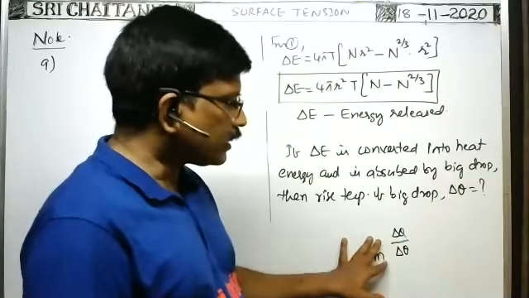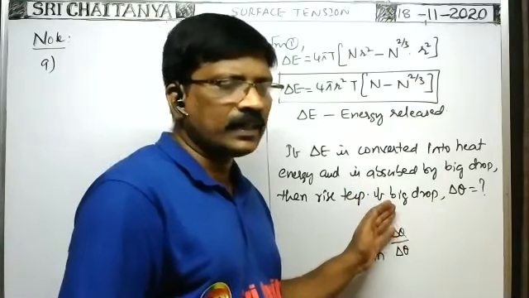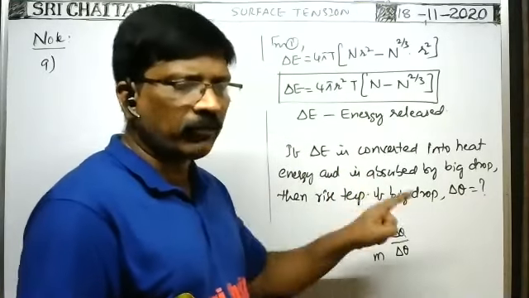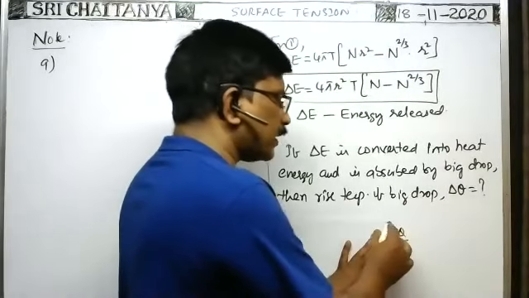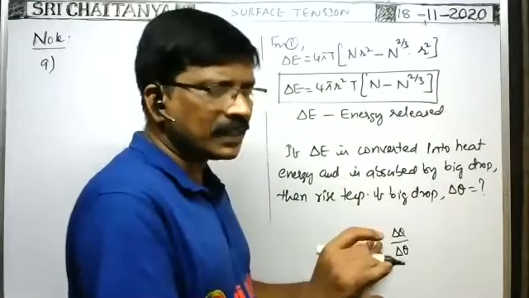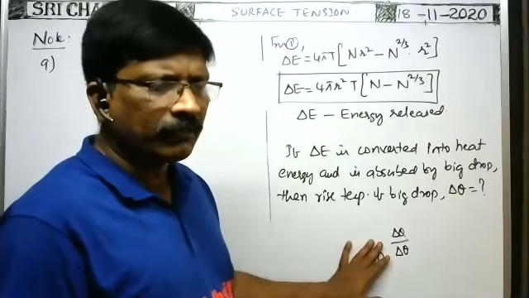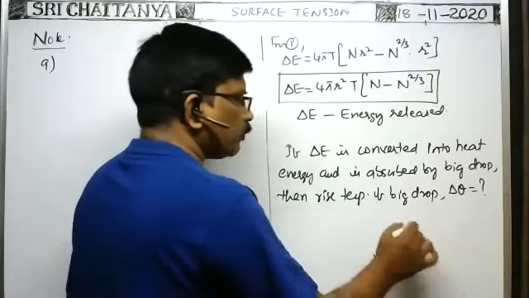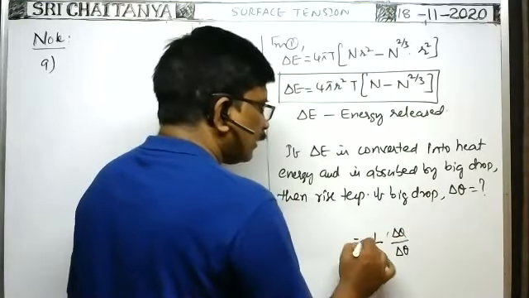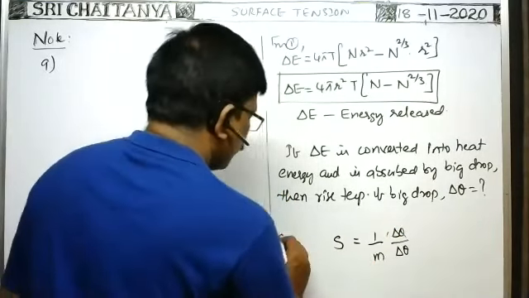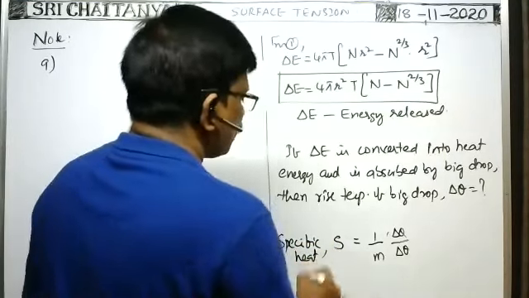అంటే m మాస్ కల సబ్స్టెన్స్ యొక్క టెంపరేచర్ 1 డిగ్రీ పెంచడానికి ఎంత హీట్ ఎనర్జీ కావాలి? వాట్ ఇస్ ద హీట్ ఎనర్జీ రిక్వైర్డ్ టు రైజ్ ద టెంపరేచర్ ఆఫ్ యూనిట్ మాస్ ఆఫ్ ది సబ్స్టెన్స్ బై 1 డిగ్రీ? అంటే దీని మాస్ తో డివైడ్ చేయండి. అంటే this by m, we can write 1 by m into delta Q by delta T. That is the definition of the specific heat.